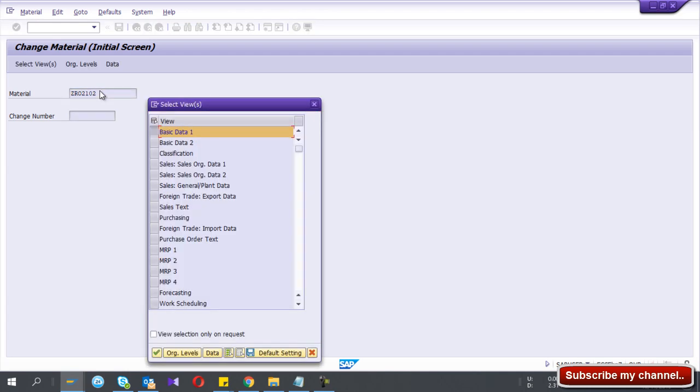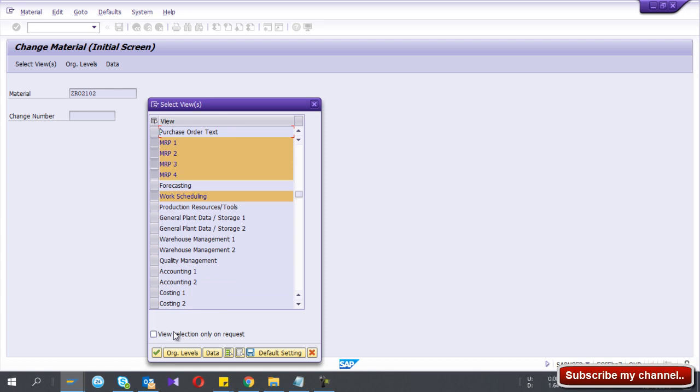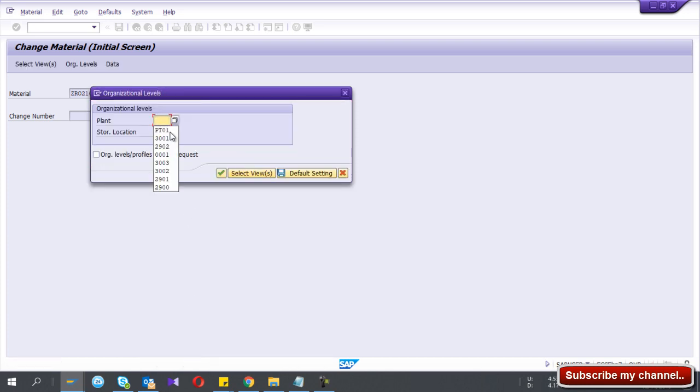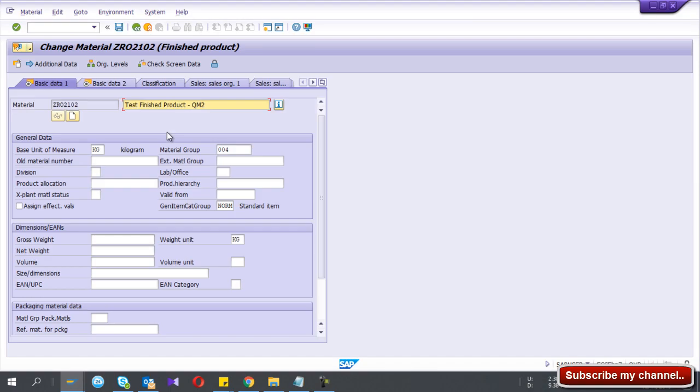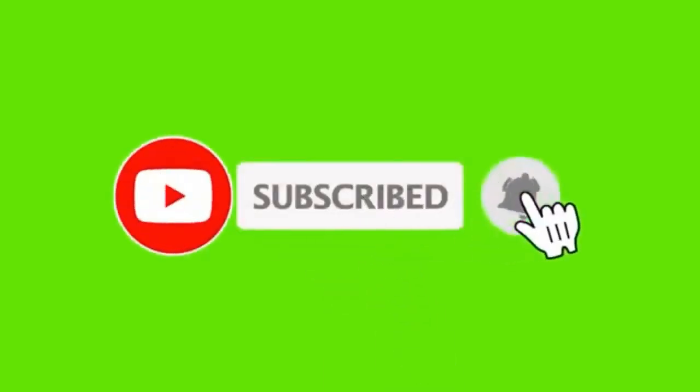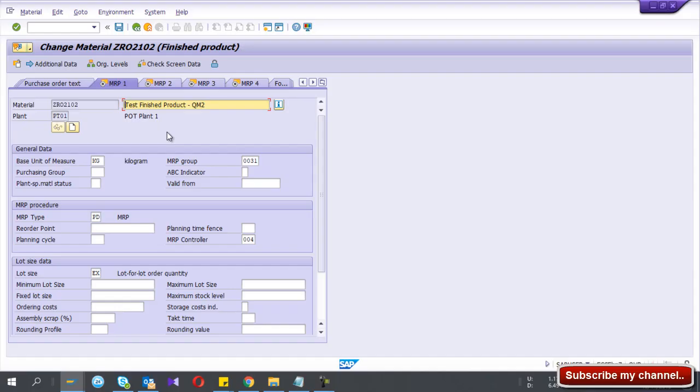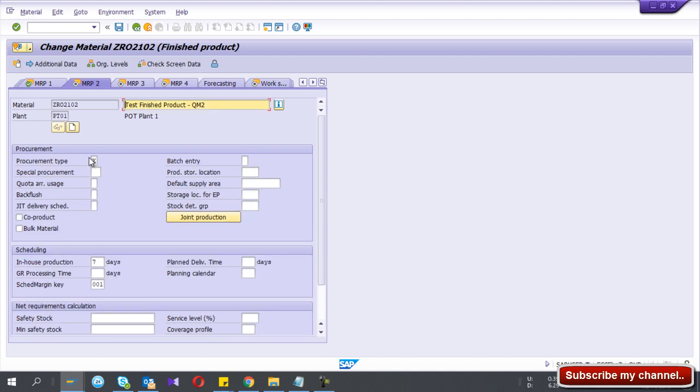So I go to MM02 and I select basic data 1 and 2, MRP 1, 2, 3, 4, and work scheduling. So other things, the general data, right? So I give the plant, basic data 1 is okay, MRP 1 is, to generate plan orders we use MRP type, and the procurement type should be X or E